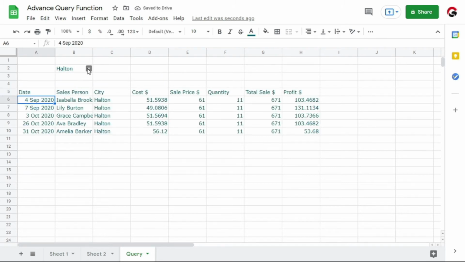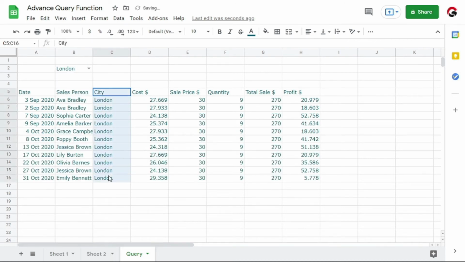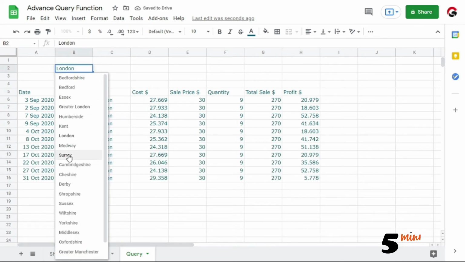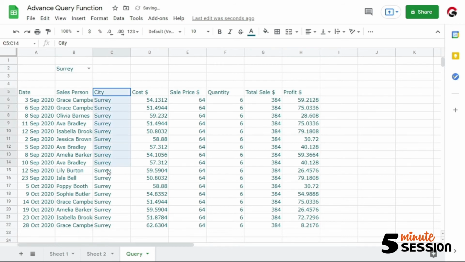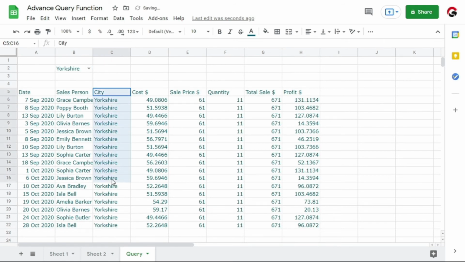Now you can see we have the results as per the criteria which we have mentioned in the cell. Now change any value from the drop down and see whether it is working fine or not. We have changed different values and we have seen that the query is giving us the right information.